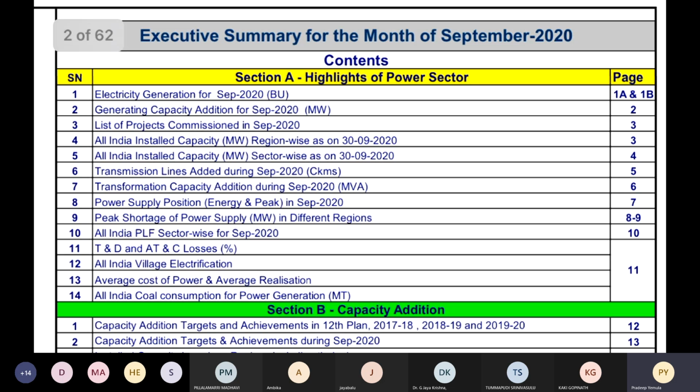So All India was 110, and then 109 was achieved. So that way, we are able to achieve the target. Compared to last year, the generation has now increased by a billion units. So that is one thing. Next, the next table also shows